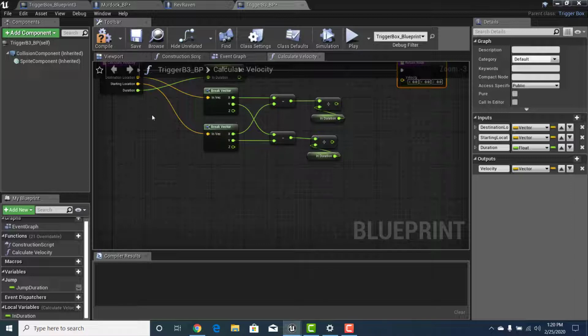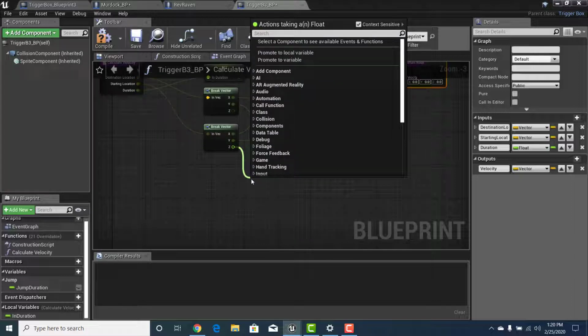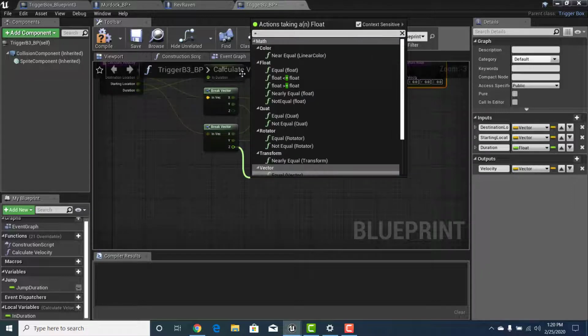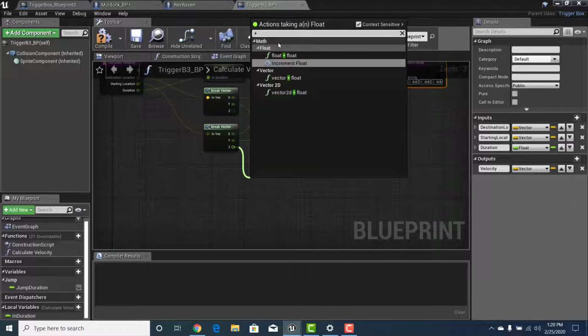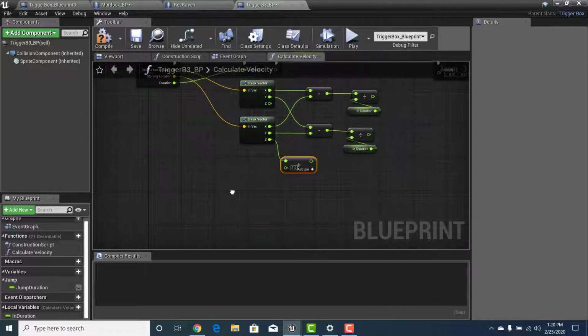Now, with the z values, what we're going to do is take the starting location, and we are going to add that. So if you hit the plus button on your keyboard, or you say float plus float, okay, so now we have the add value. And then we're going to take the square root of the duration, multiply it by 0.05, and then multiply that number by